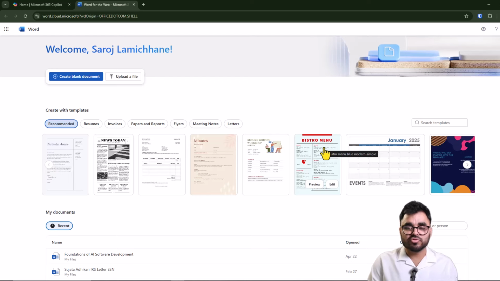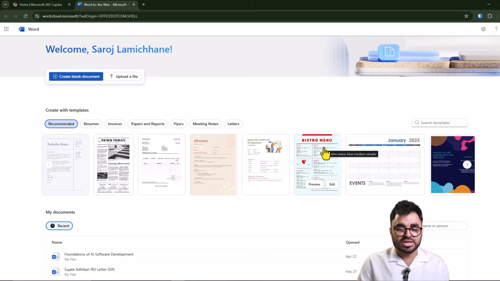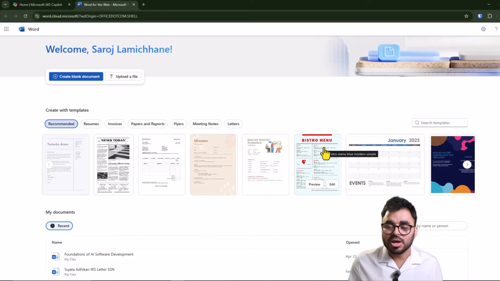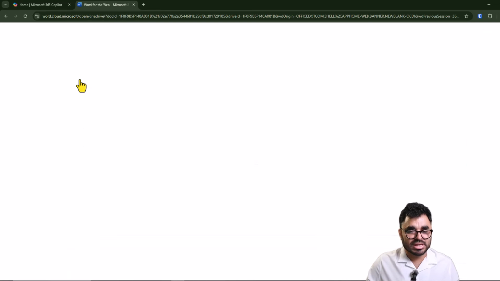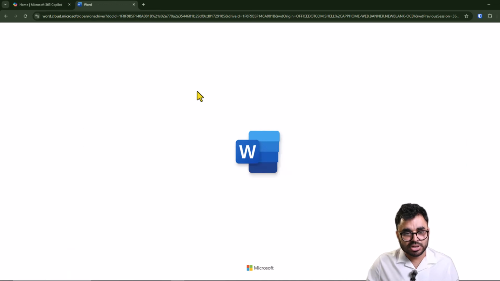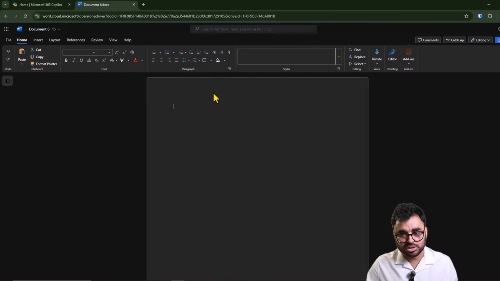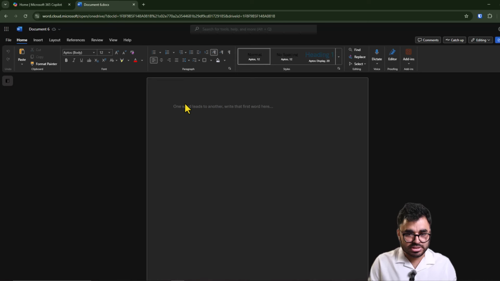This is really helpful, especially if you are traveling, or if you use a computer elsewhere where you don't have the access to install software, but you would still want to access Office 365, then that's really helpful. So in this example, I'm going to create a new document, a blank document. Once I click here, it's going to open a new blank Word document and I can type